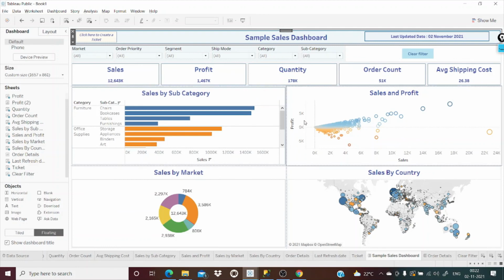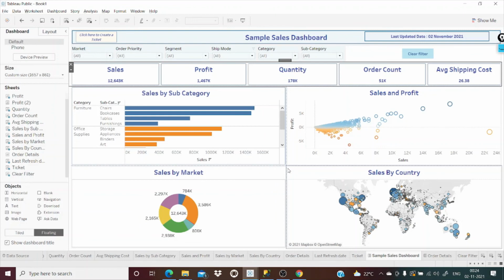I hope you have learned something from this dashboard. If you are a fresher, you do not have to worry much. You can actually transition your career into a data analyst role if you are really interested. Along with this dashboard, you just have to create a few more dashboards. Instead of sales, you just create the calculation field and then drag it. So the look and feel of this dashboard will remain the same. So yeah, I hope this video will be helpful for you in your journey into data analytics.